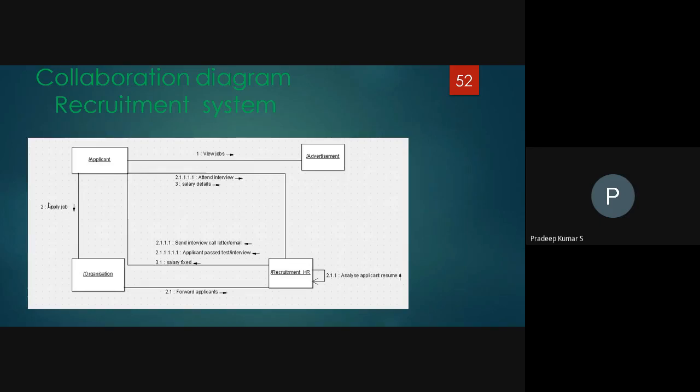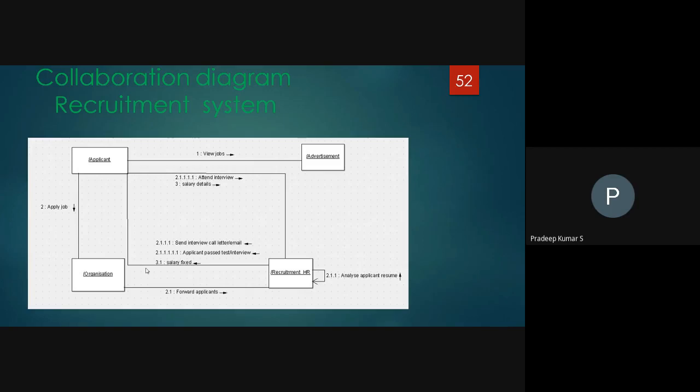Especially in the second step, some subdivisions are there. It can be noted as 2.1, 1.1 like that. But instead of 2.1.1, we can note 2.1, 2.2, 2.3 like that, which is easier to give. So the numbering is there, and you can easily draw.